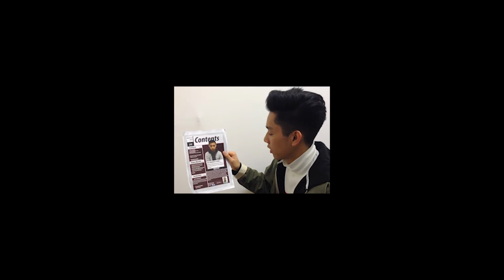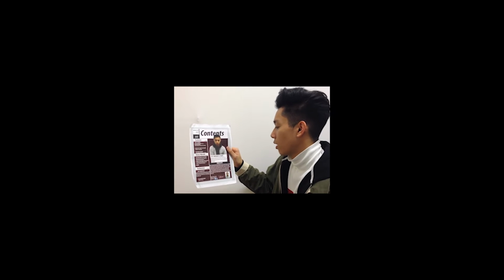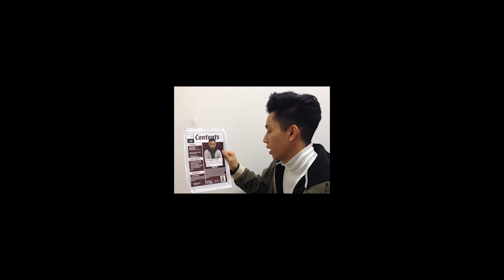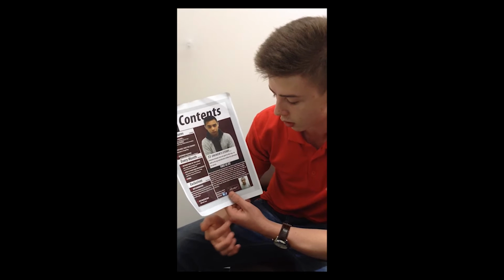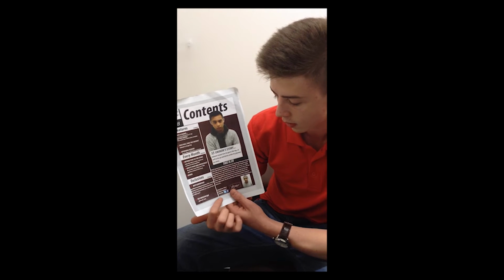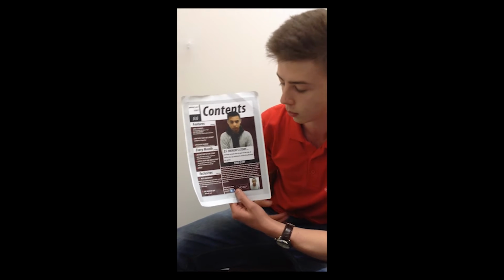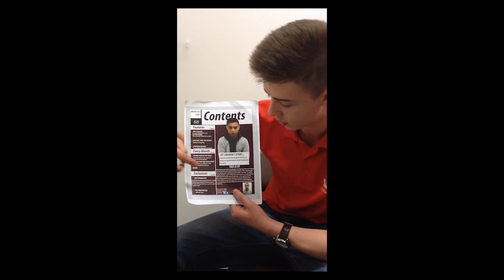Do you think the editor's letter creates a personal relationship with the audience? I think it does, because you start off by saying what's going on, people, so you are using colloquial language, directing it to the people and linking them to the editor. You've got the social media links here, followed by the editor's name and the Swiss Star magazine, which is the name of the magazine, clearly presented under the editorial message. It tells you a bit about him,